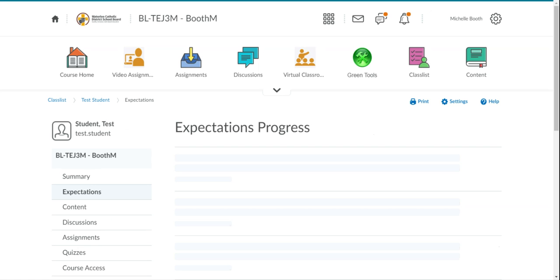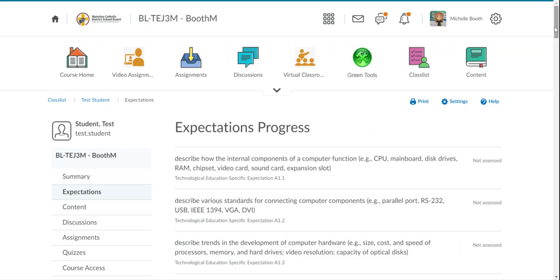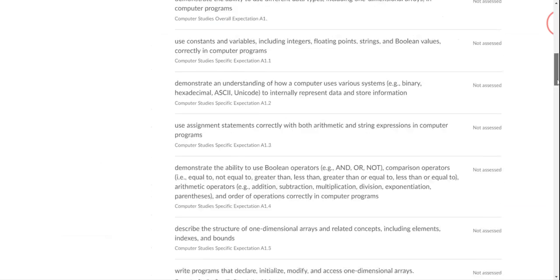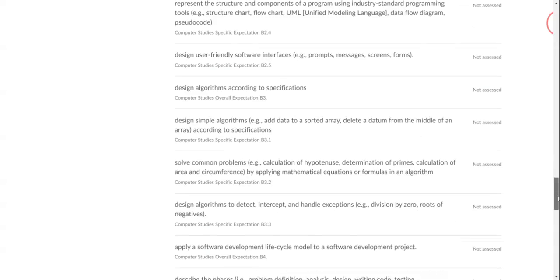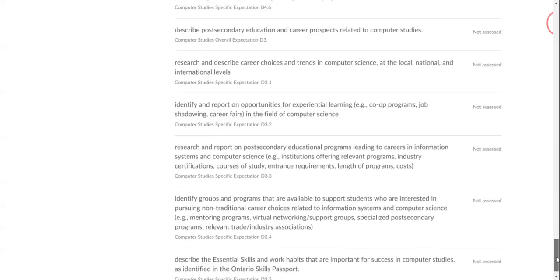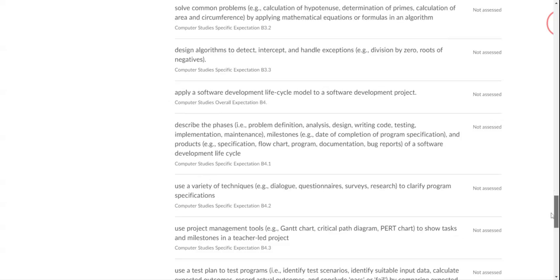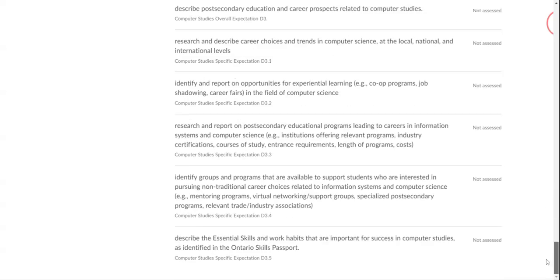And you can see that I've already been adding a whole bunch of expectations. So this is not ideal. Having this many expectations linked in assignments will not be very usable for you, but you will see that